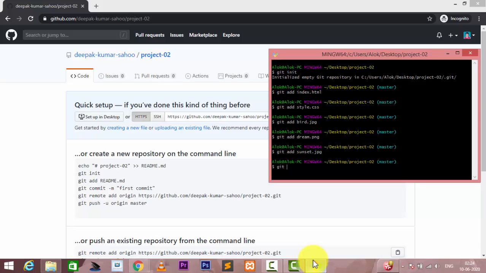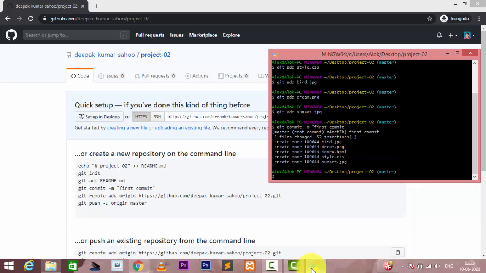I will use commit here, first commit, git commit, first commit, then press enter. After that you can see the entire content showing here.